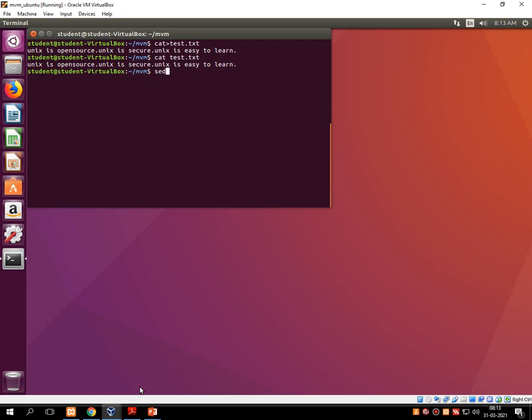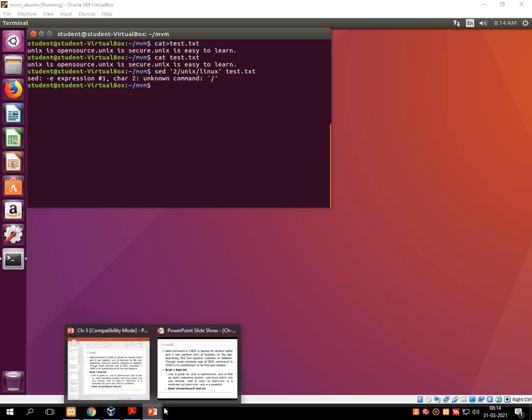So I am writing sed space, in single inverted comma 2 slash Unix slash Linux, in single inverted comma, space test.txt, press enter.